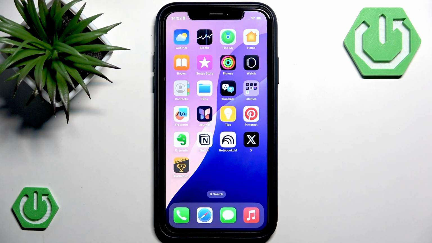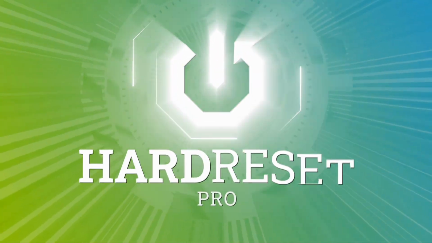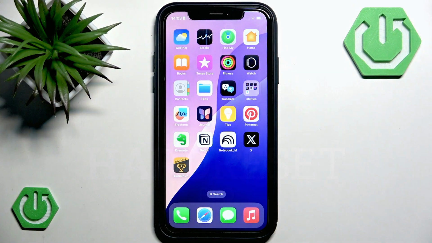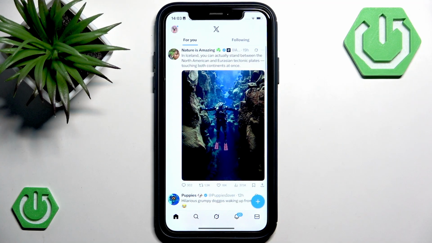In this video I want to show you how to view contacts on X. First of all, you have to give access to the X application to your contacts. Let's do that together. Open the X application on your phone and tap your profile picture in the